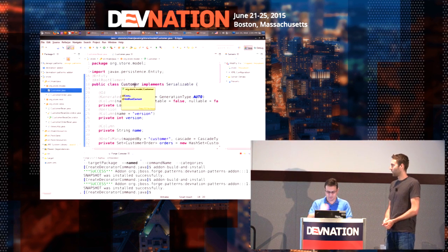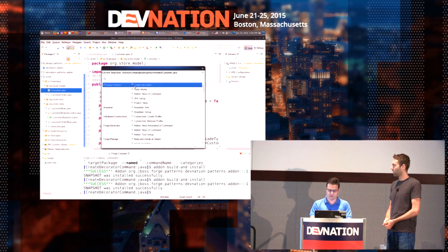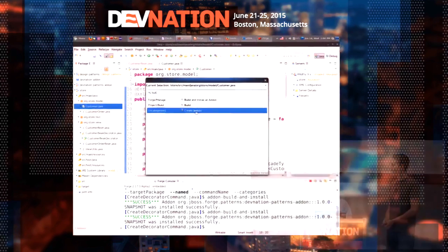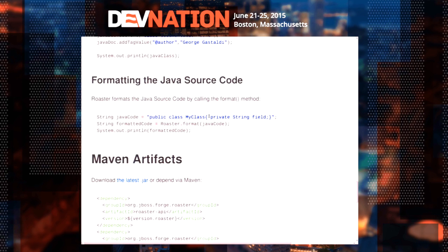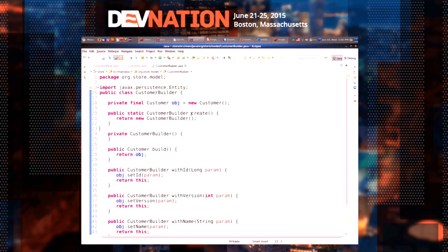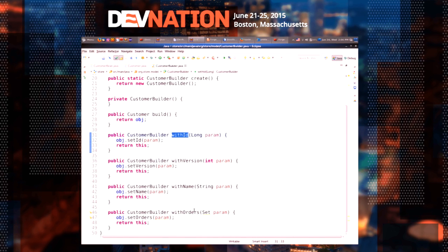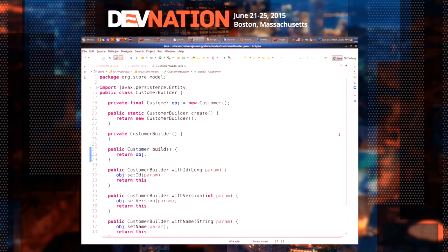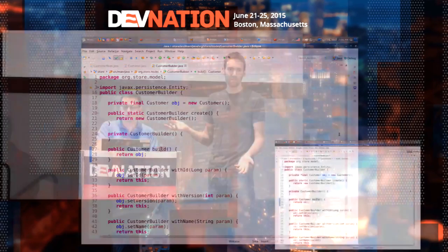So let's take, for example, this customer, and suppose we want to create a builder out of it. Create builder. Let me get back to Eclipse. Here it is. Here's the code produced, where you can do a create and then call with every property, and then call build. You have it. Fulfilled. So that's 2 examples of what you can do when you have something in between the bash